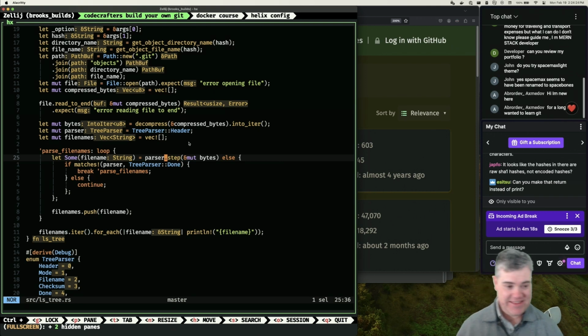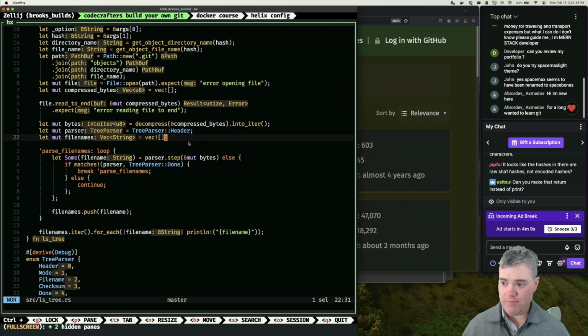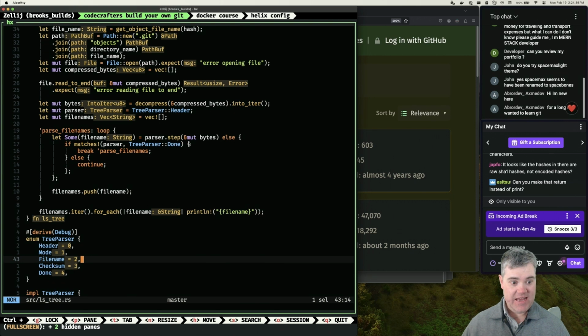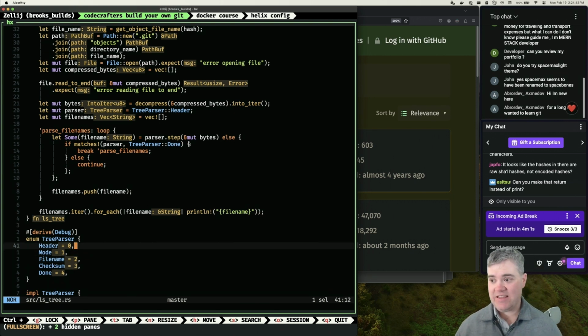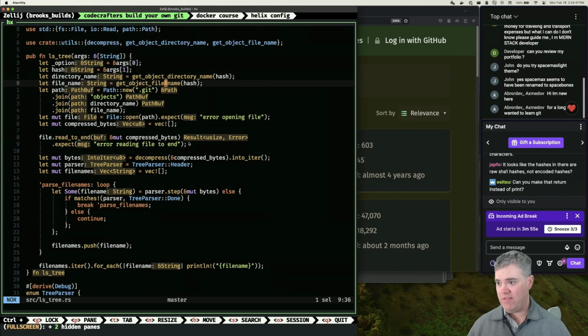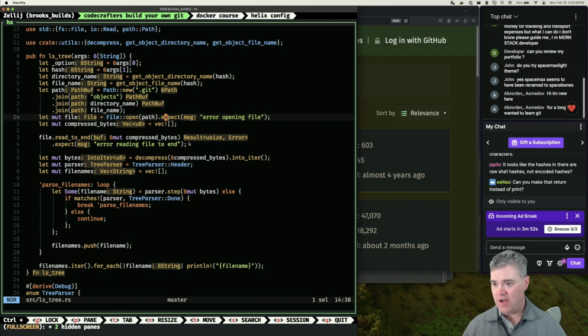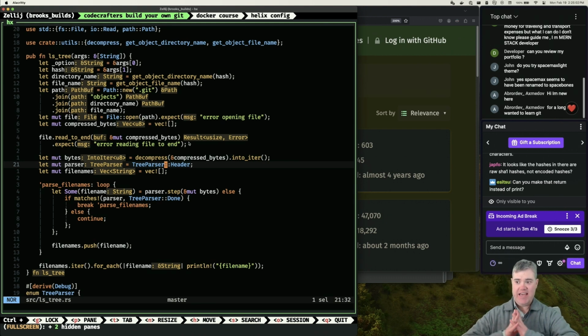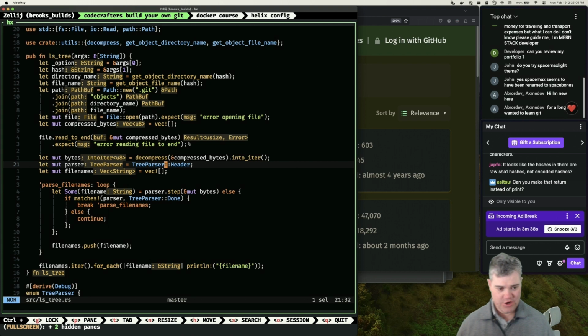So I think what we need to do is create our own tree and then implement this inside of it, which then has a list of file names as a vector inside of it. And so if I take the file as bytes and hand it in there, because here we have the file name, we have the path, here we open up the file, I read the compressed bytes into the file, I decompress that. Starting here, I just hand it to the tree and create it. So